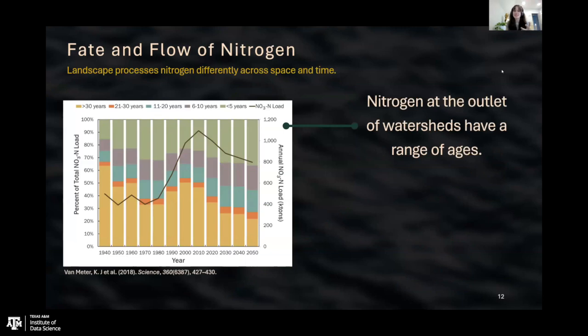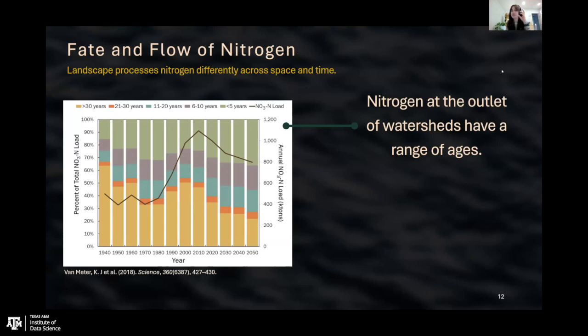But what we end up seeing, when we look at the outlet of the Mississippi River Basin, the Gulf of Mexico, where that big algal bloom is, is that if we were to take a grab of water from the outlet of the Mississippi River Basin, we would see that there's nitrogen of all different ages, right? There's nitrogen that is over 30 years old. There's nitrogen that's under 5 years old. So trying to reduce the nitrogen that's coming out at the outlet of the watershed